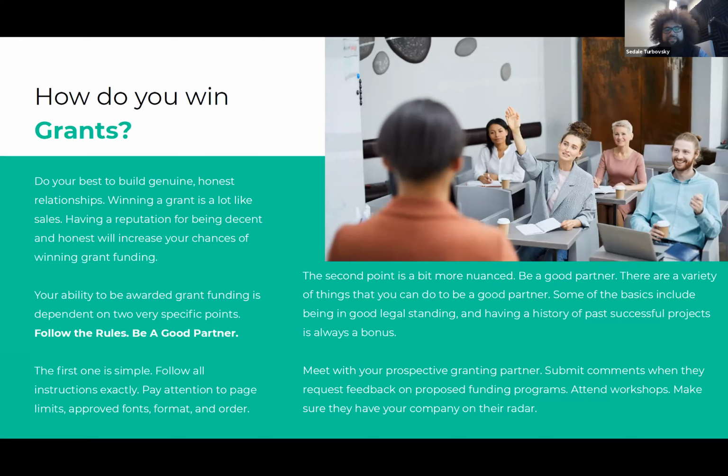And then the second part of this is to be a good partner. I saw that Gina just put this out there as well: build a rapport with potential partners ahead of time. Super helpful. You could think of grants like a sale almost, right? You don't want to just cold call people. You want to come into the relationship with the opportunity, knowing that they know that you are someone of integrity, an organization that's going to do well with their money, an organization that believes in what they're doing and is working to accomplish some similar goals that they have. So you want to build rapport up front, ahead of time.